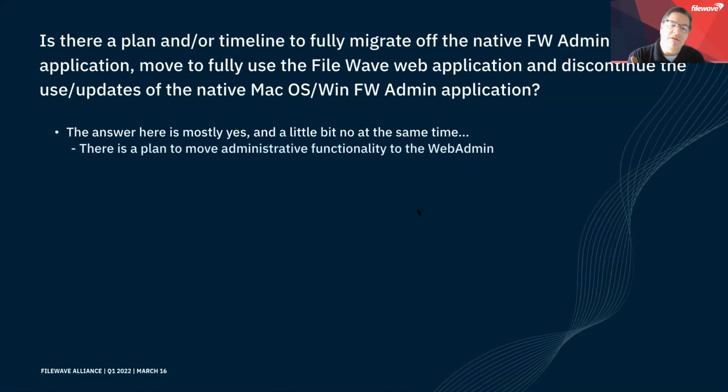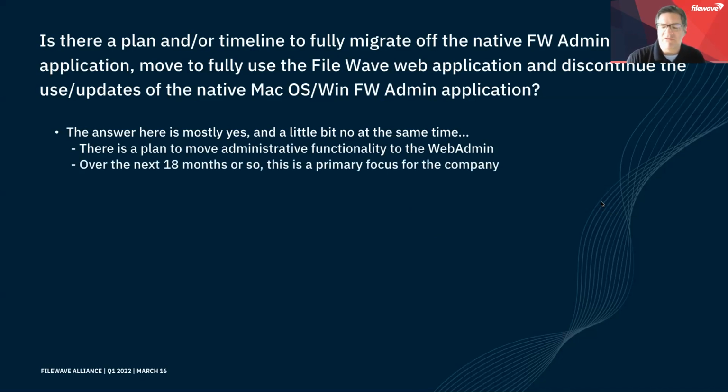So the first part, there is a plan to move administrative functionality over to the web admin. That's the destination. Like Vasily spoke about before, we're trying to move to cloud first. Obviously, the web gives us some advantages in being device agnostic, you can travel better with it, and the API functionality as well. We found especially that has really hit home for a lot of customers, what can be done with that API with automation. Over the next 18 months or so, this is really the primary focus for the company in general,